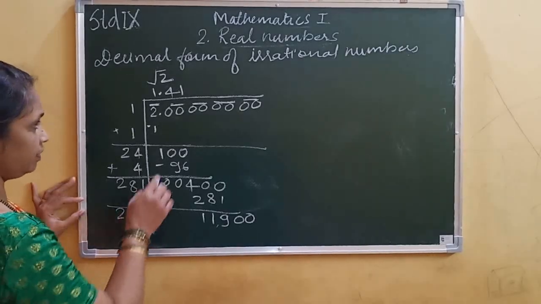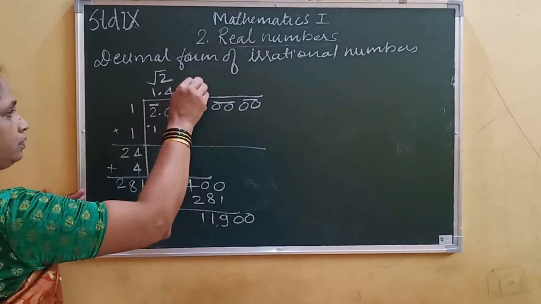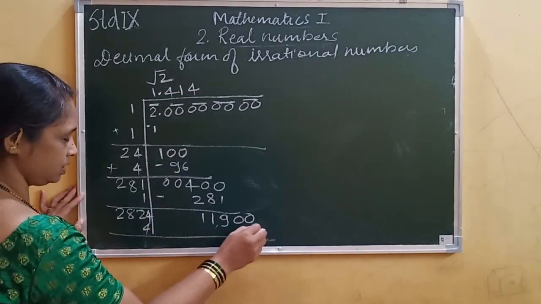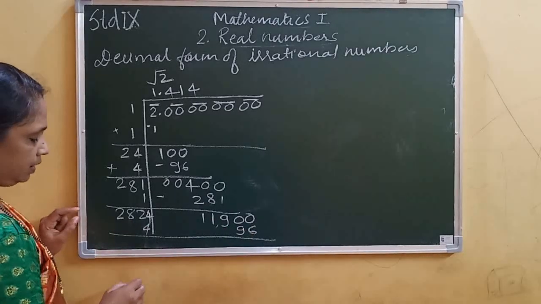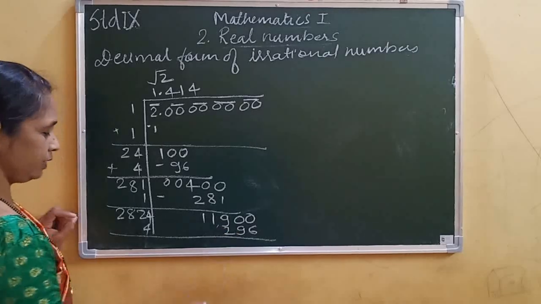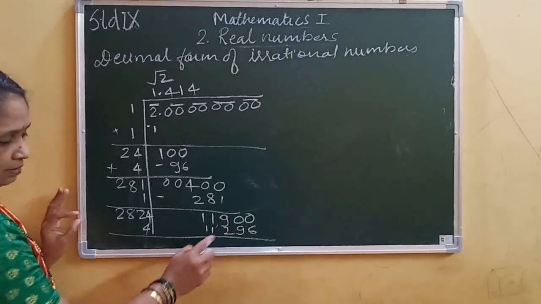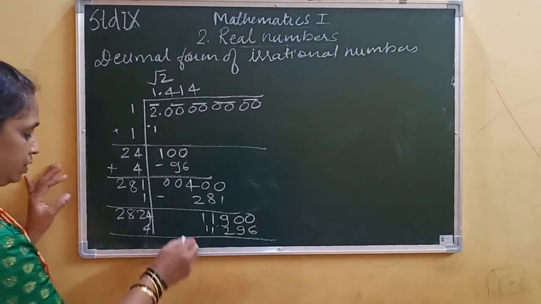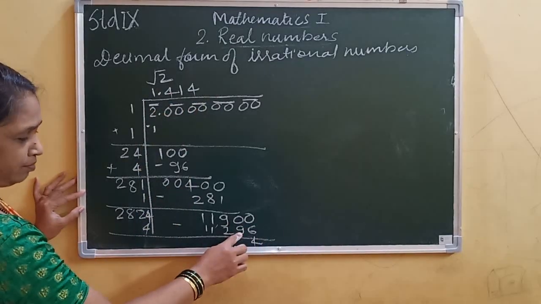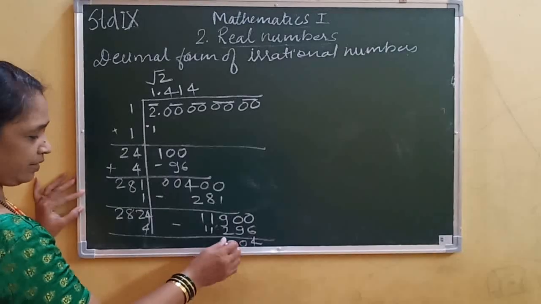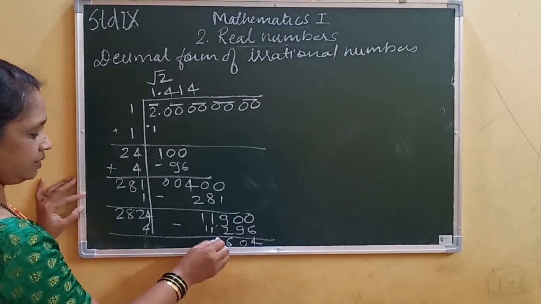Okay, here which number have we taken? 1 over. Now here we will take 4. Then 4 4s are 16, 6 carry 1. 4 2s are 8 and 1 is 9. 4 8s are 32, 2 carry 3. 4 2s are 8, 9, 10, 11. See, it is smaller than 11,900. So we have to select 4. Now see, 10 minus 6 is 4, 9 minus 9 is 0, and 8 minus 2 is 6, and this 0, 0.